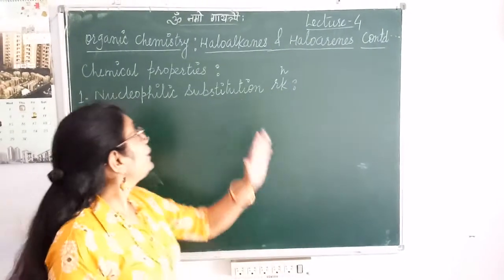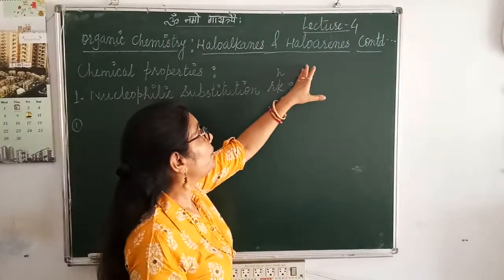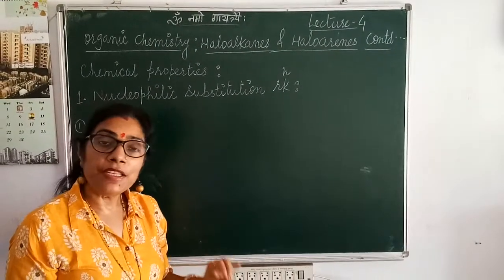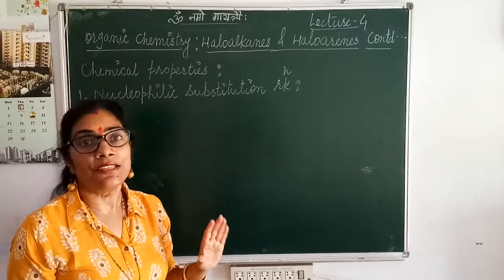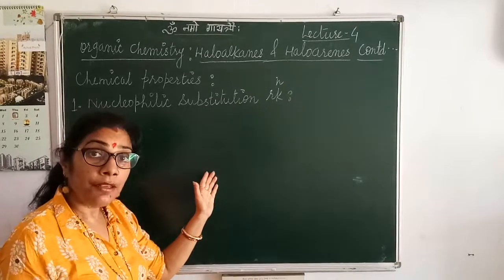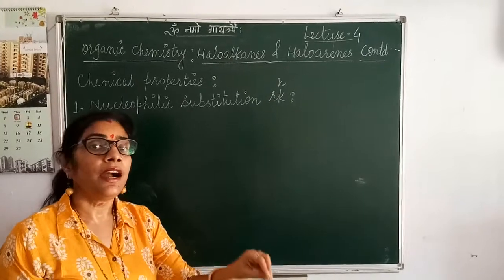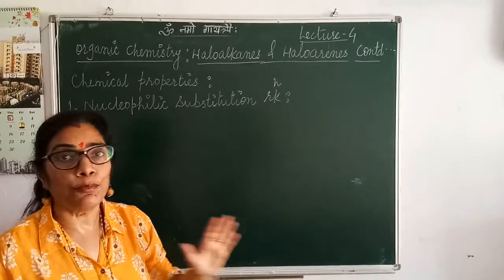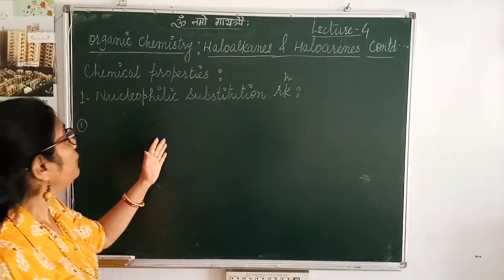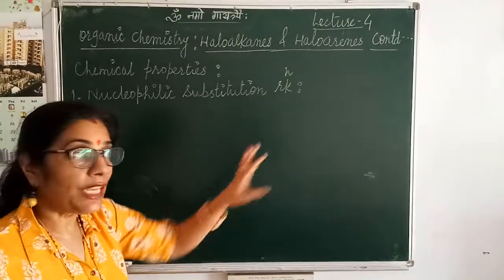Students, we are going to continue with haloalkanes and haloarenes, and today is our fourth class of this chapter, that is lecture 4. Last class we completed the mechanism of nucleophilic substitution reactions and the stereochemistry of nucleophilic substitution reactions. SN1, what happens during that case? Optically, they are not active since they occur through racemization. Dextro and levo both are obtained, but in SN2 Walden inversion occurs. So today we are going to start with chemical properties and the first is nucleophilic substitution reactions.